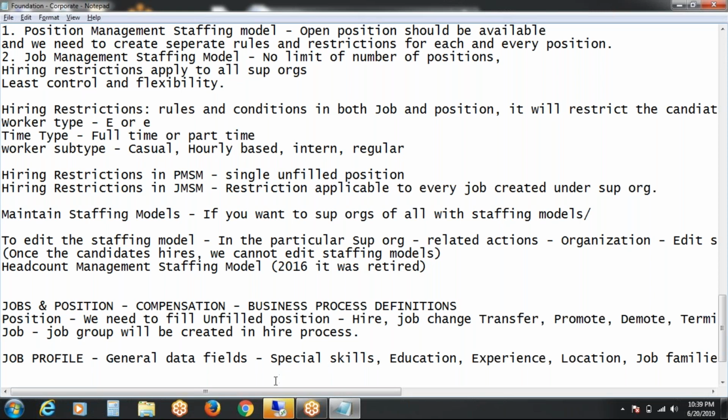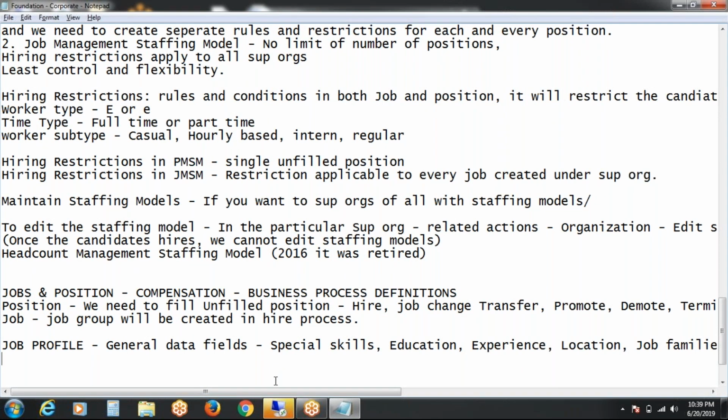Okay, and in the job profile, especially in Workday, if you want to categorize the job profile, we will create job families, as I already told you, job levels, job group, etc., like worker type, and the restrictions will also come here.